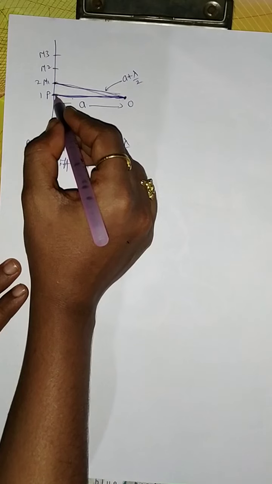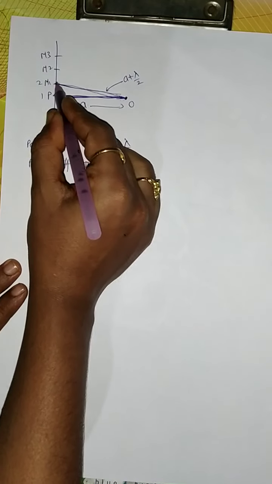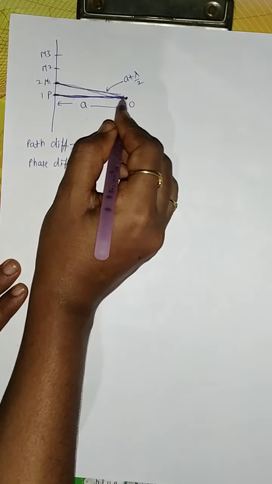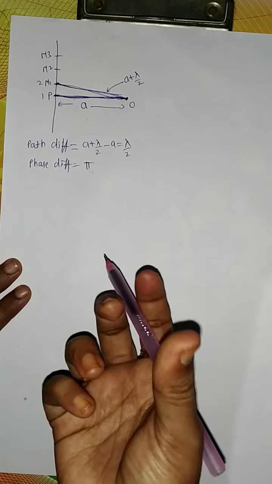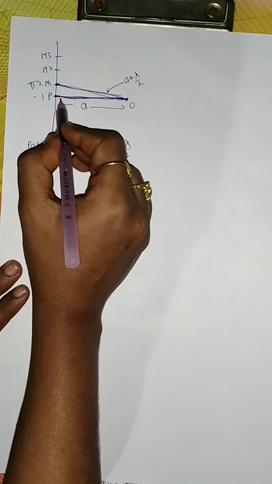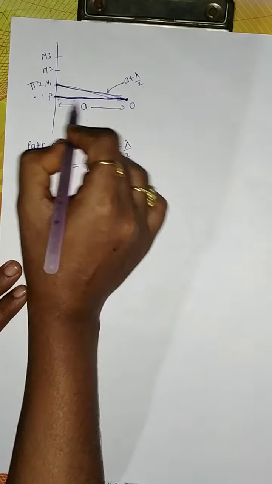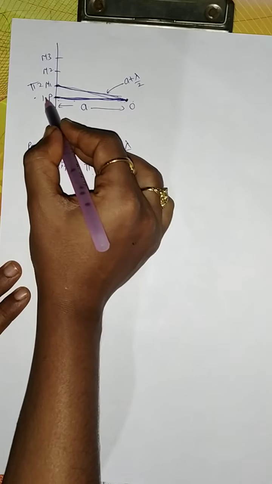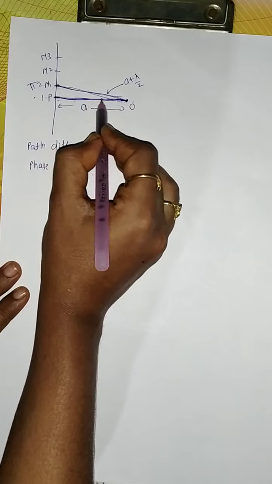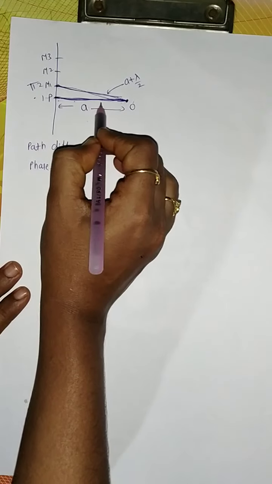So now what is the meaning? This ray and these rays, when they reach O, there will be some phase difference in terms of angle. And that phase difference is how much? Pi. So this is if all the rays are moving from O only. Say the first ray will move through O, the second ray also will move through O. If all the rays are moving along the same line, then what will be the phase difference? Yeah, 0 you will get.